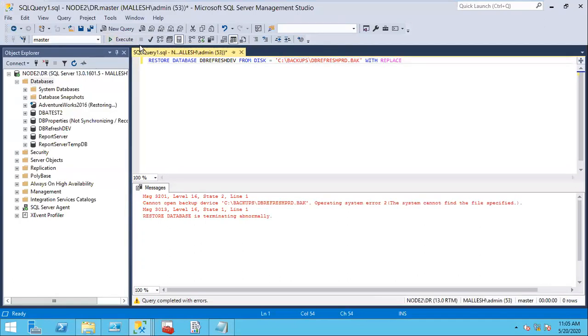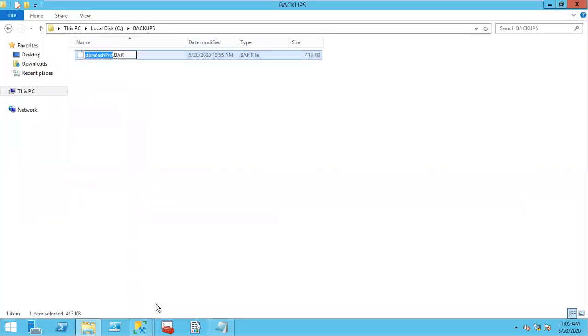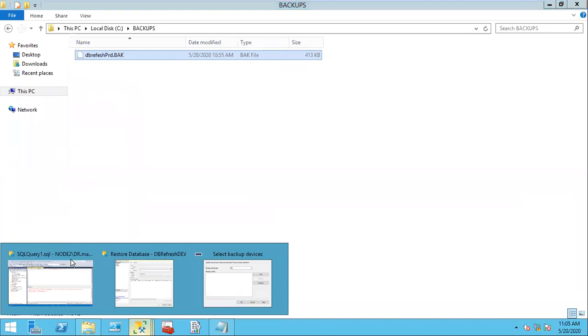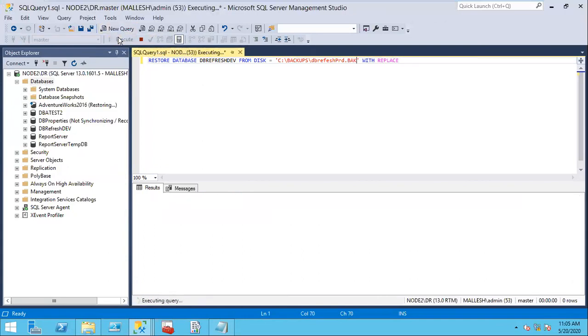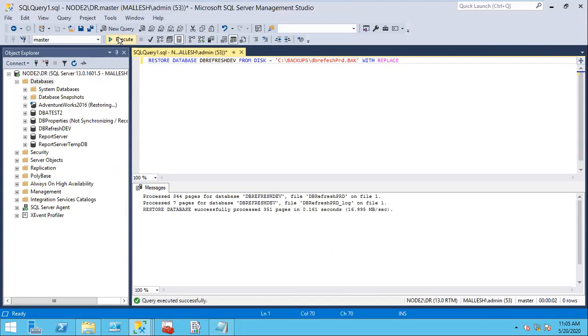And then what is the file name? Let's note the file name. Because when you give the wrong syntax or maybe wrong font, usually you'll get this error 3232 error, access related